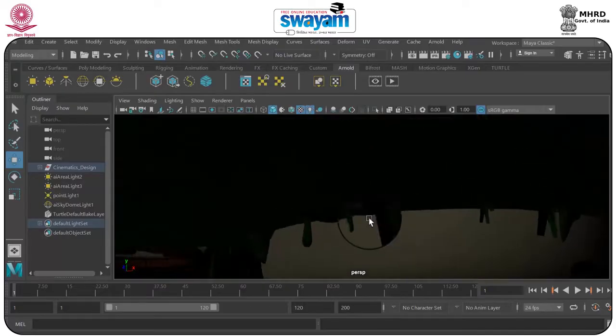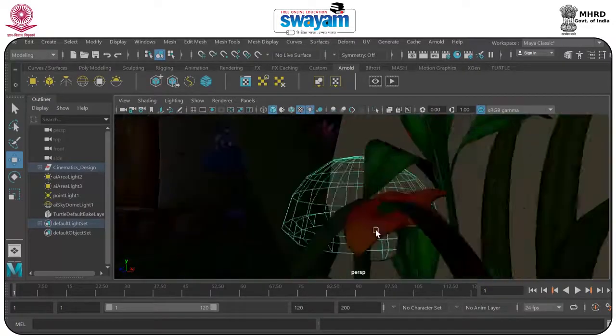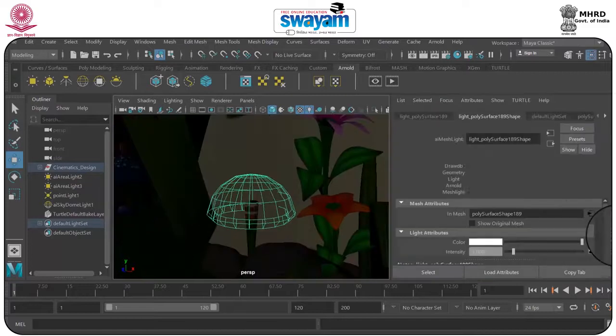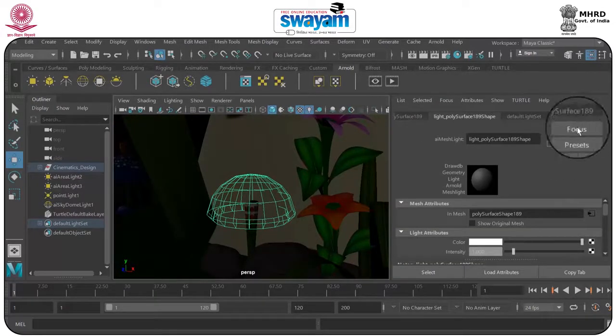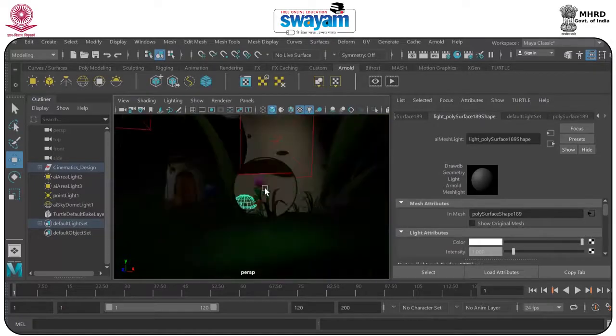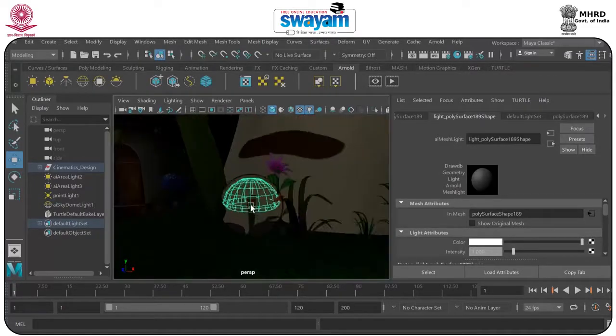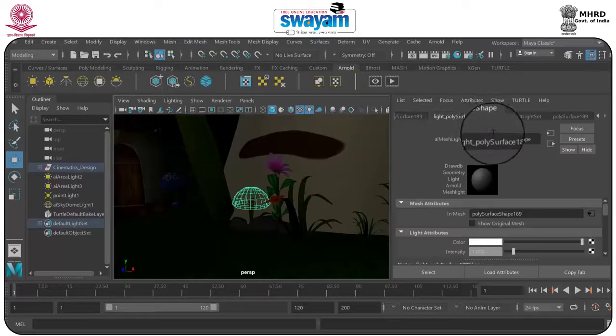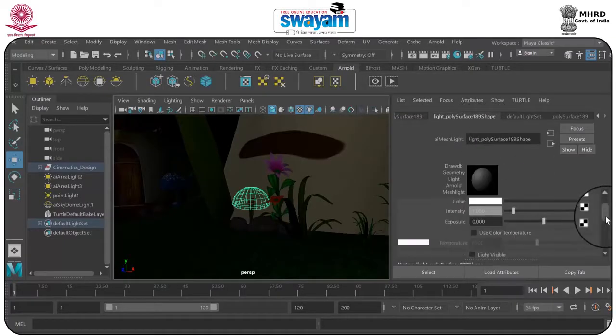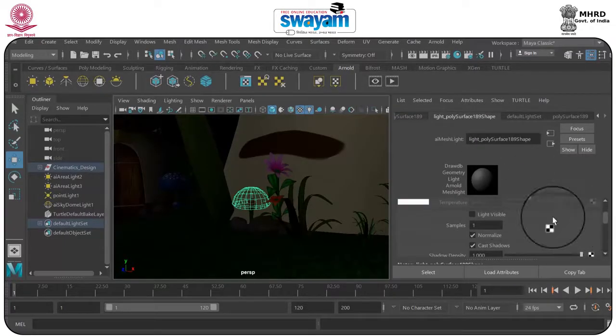With the help of this you can also go to your additional parameters, where you have all the things which you can change according to your need. Now it's converted into a mesh light, and you can also change the light visibility from here.